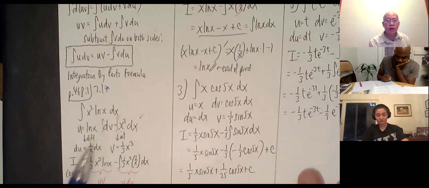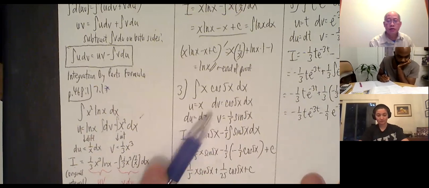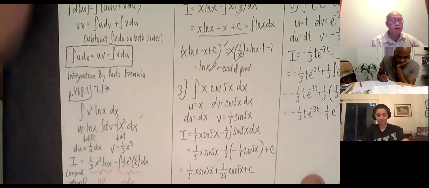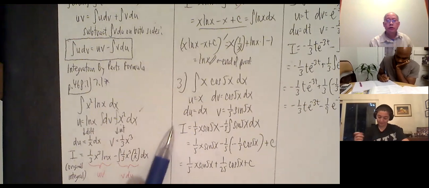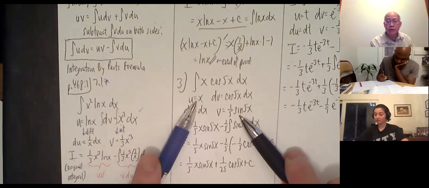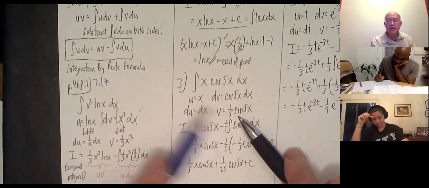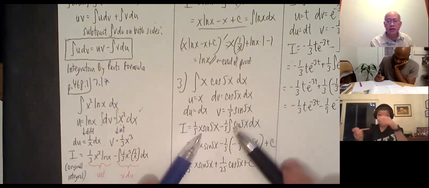All right, so I have what I want. I have u, v, du, and dv thrown into the formula. So the integral is u times v, so that times that. The normal way to write it is first the coefficient, 1/5, then the x, and then the trig. So 1/5 x sine 5x